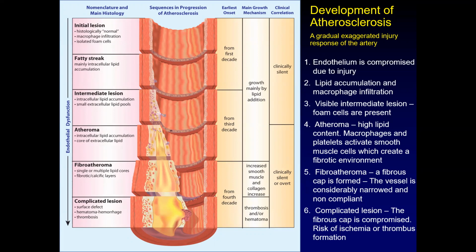And by putting this thick, tough, fibrous cap on, it becomes very stiff and inflexible, which is not good in an area with high blood pressure because there's no elasticity to help deflect those pressure waves that are coming around, okay? Once that progresses, you're going to get what's called a complicated lesion, and then eventually that fibrous cap can become compromised. And when that happens, the fibrous cap can break off and become what we would call an embolus, which is in essence a blood clot.